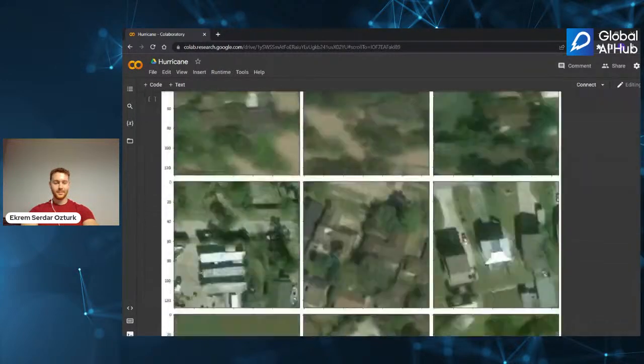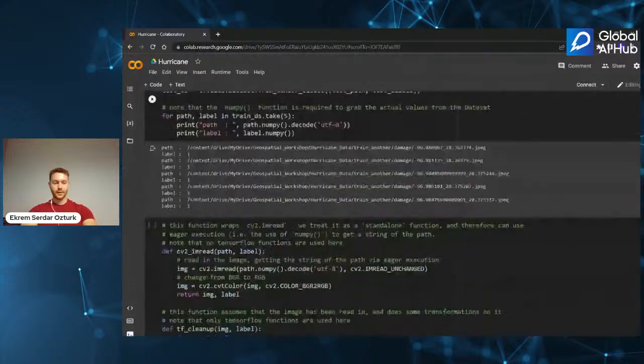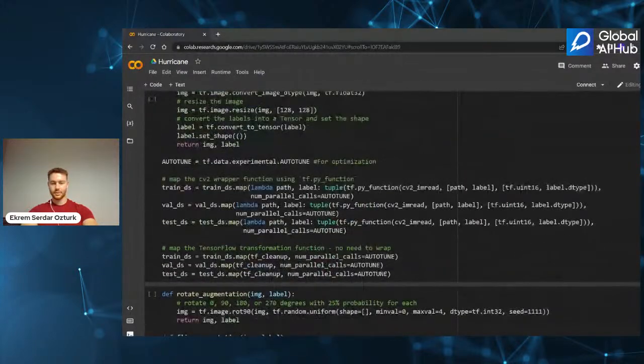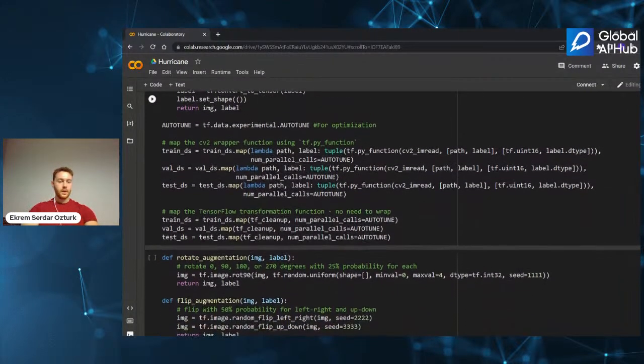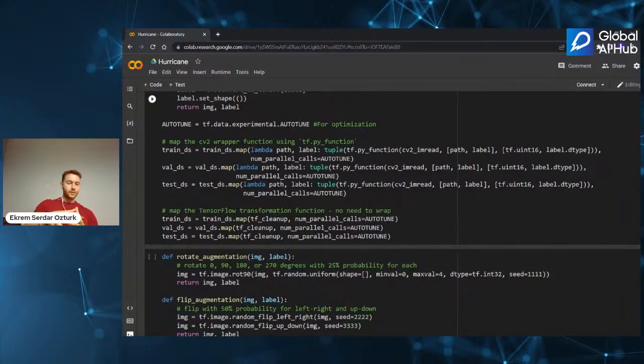Okay, that was a little bit hard, sorry. I will just check if everything is understood in the chat. Okay, hello. So we use the map function. What the map function does is it takes a function as a parameter and applies that function to every row in the dataset.